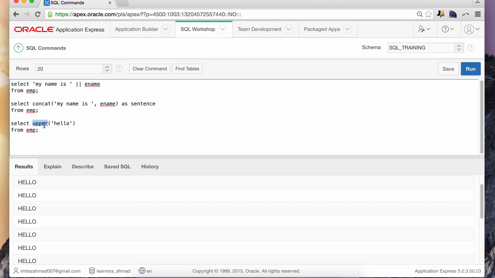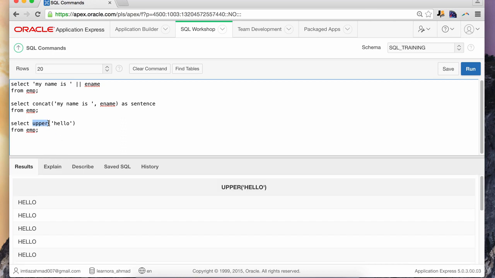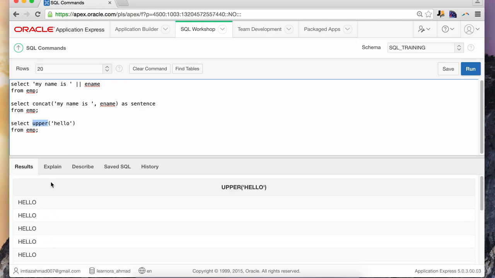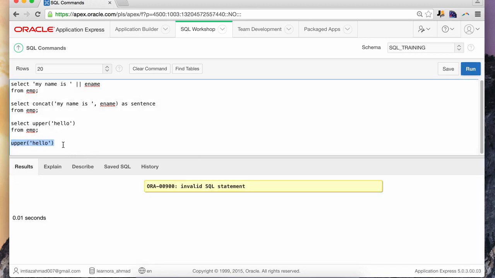And we're not giving it a particular column as an argument. We're giving it a constant value as an argument. And that value is the word hello. So for every single record, that word hello will be capitalized. Now, oftentimes you want to test functions out. We don't need to repeat all of this information in the output just to see what this function does. But if we take this thing and we pull it out of the select statement, and we just try to invoke it like this, just to see what this thing does, and highlight and hit run,